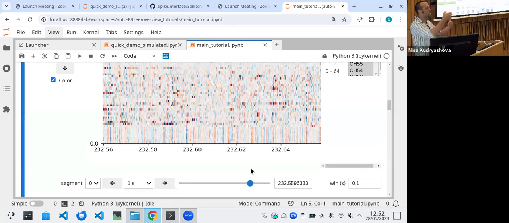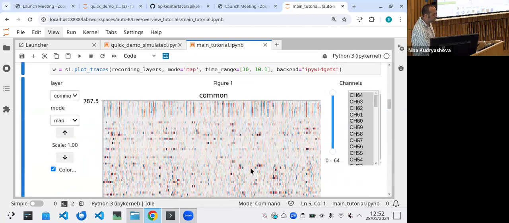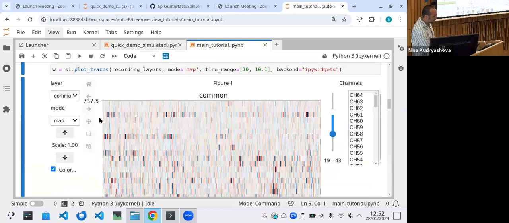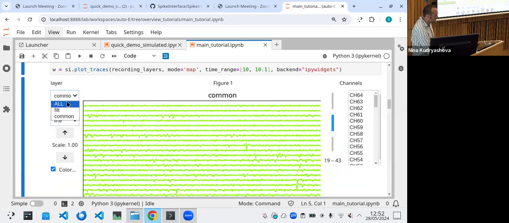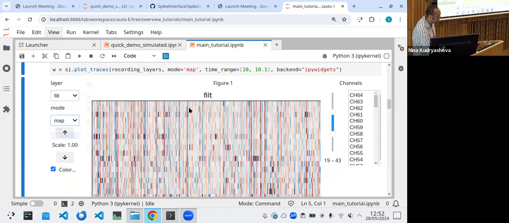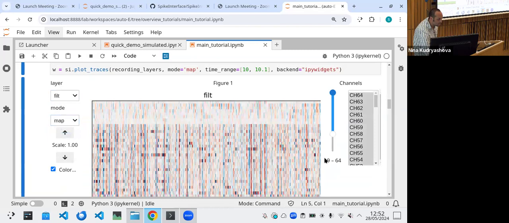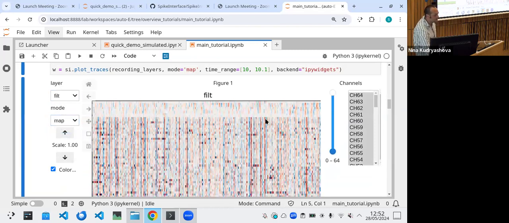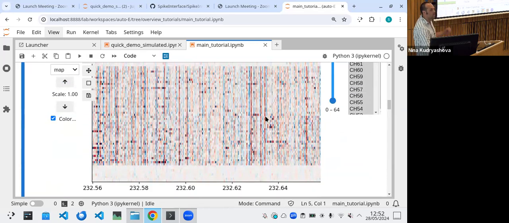So if you want to revert the common reference and the filtering, or to change the filter boundaries or any pre-processing, you can try several things and use this kind of widget to check them on the fly. You can also use the line mode to have a better representation. You can also plot them together on the same view. I go back to this. You can select some channels manually. When you do this, you clearly see, and it was mentioned yesterday several times,